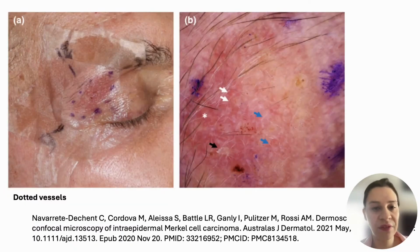An example of dotted vessel from Christian Navarrette's paper from 2021. This is a lesion on the face with dotted vessels. So you might suspect a melanotic melanoma here, or maybe an inflammatory condition, because they are also seen there. So you have to be very careful when you see an erythematous lesion in damaged skin, because Merkel should be somewhere at the back of your mind, and sometimes it's better to take a biopsy, especially if the